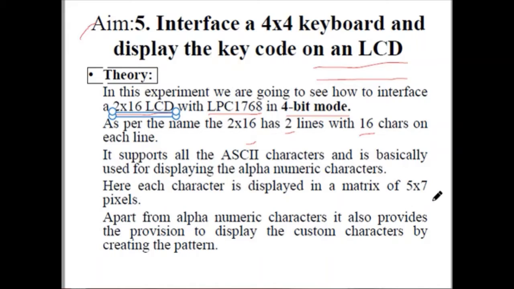One thing to note is that each character has a pixel size of 5 cross 7, and other than these alphanumeric characters it also provides the ability to display custom patterns.